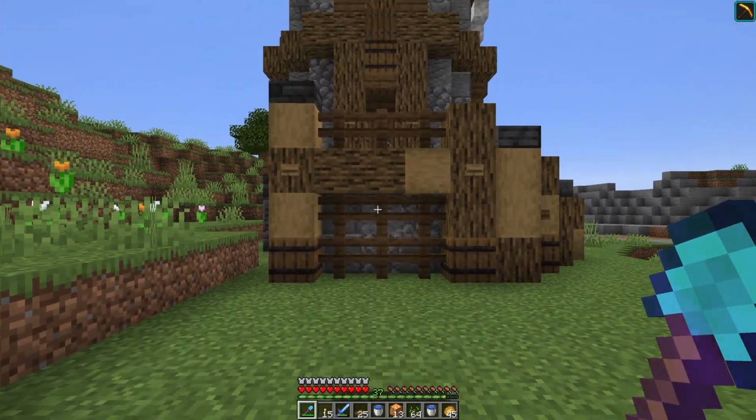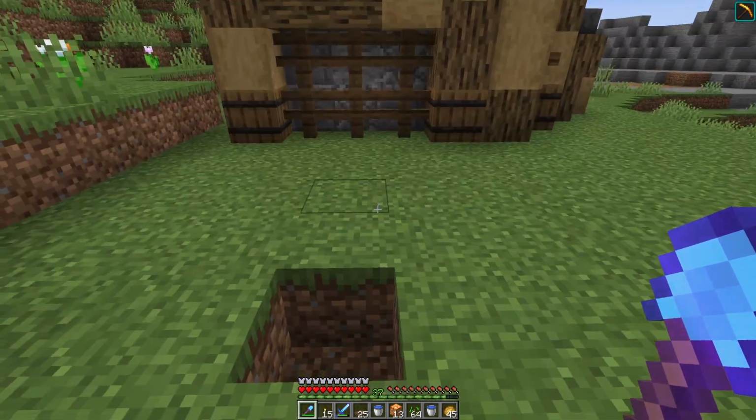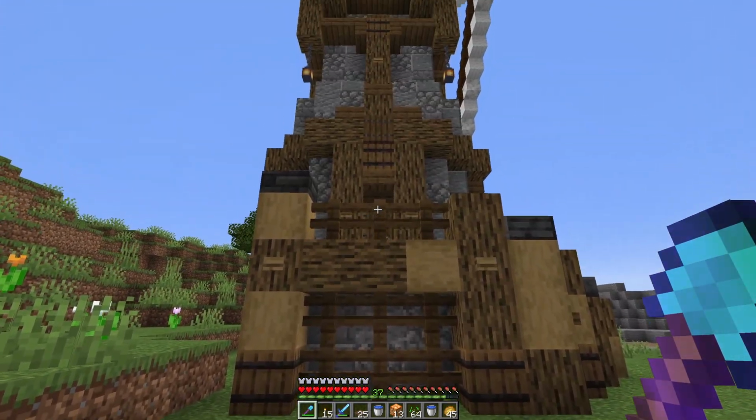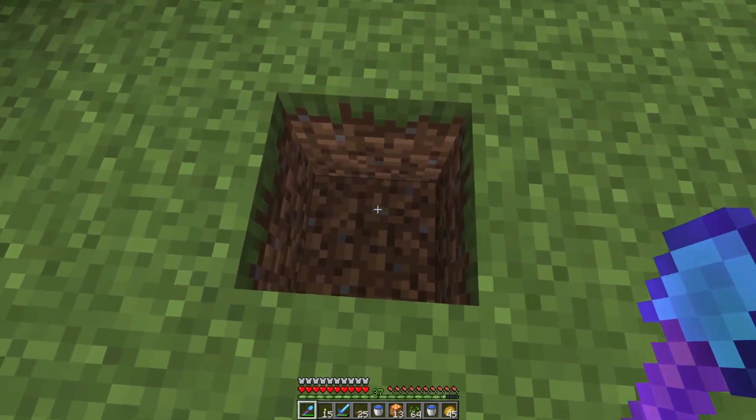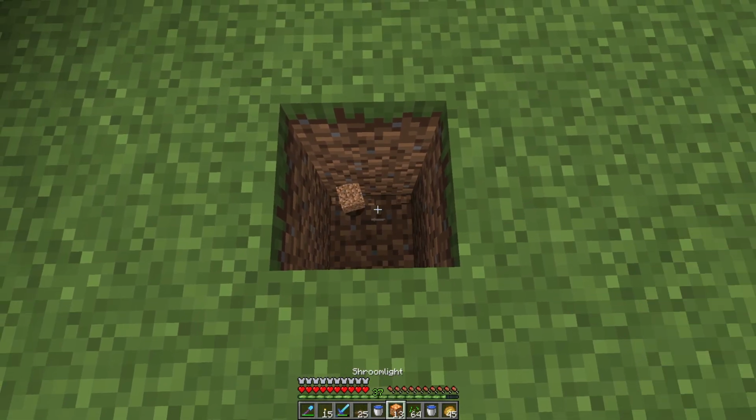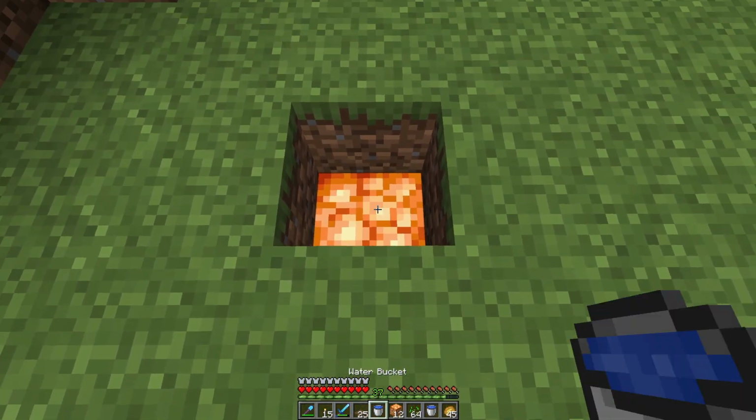Line that up with the center of the build. My perspective here is actually very strange. Is this with the center? It is. Okay. Things looked really weird for a second. Anyway, what we're going to do is drop this down 2 blocks, add a shroomlight at the bottom, then some